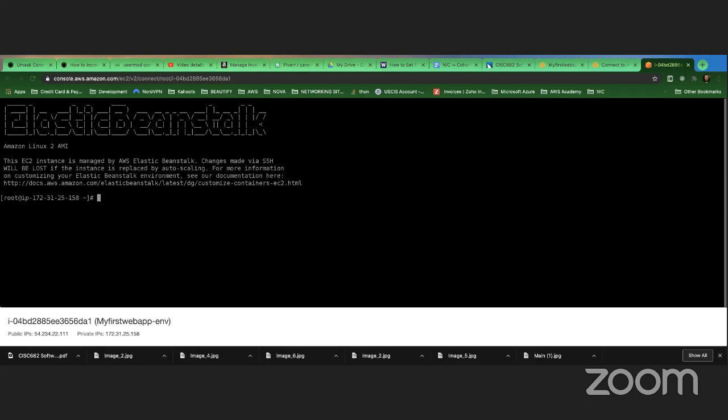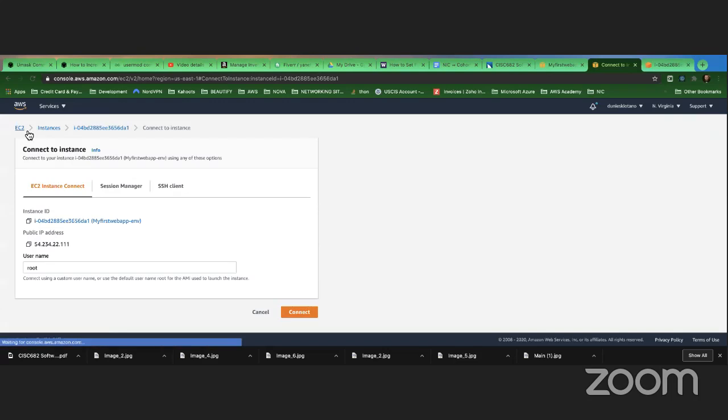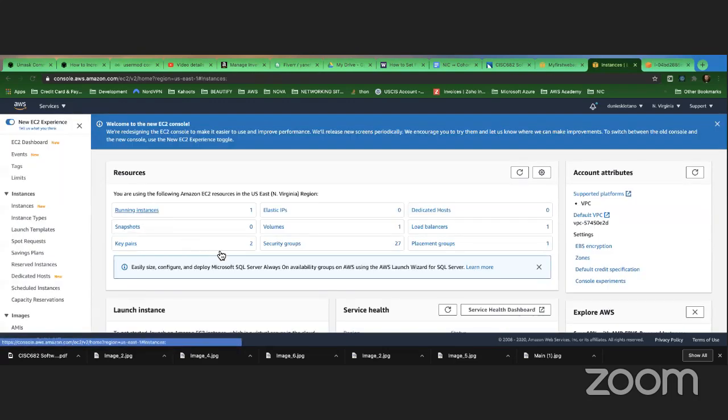But remember, there's not much you can do when you have this, because this is a platform as a service. So you have little control here, right? If you create the EC2 instance yourself, you can install those environment variables at runtime if you want to, by using the user data section like we did on Monday, right?